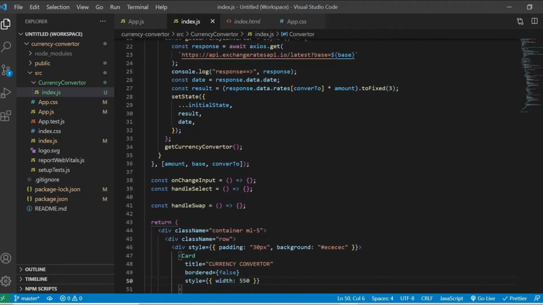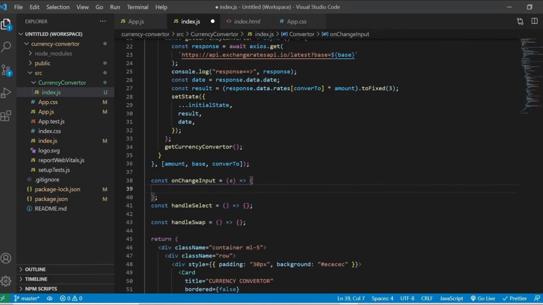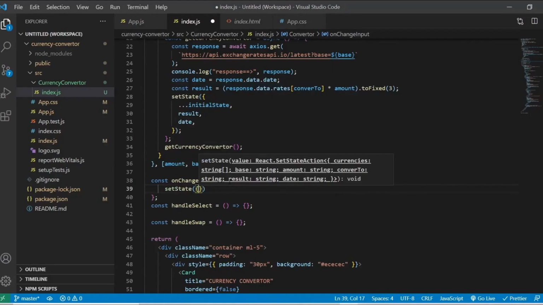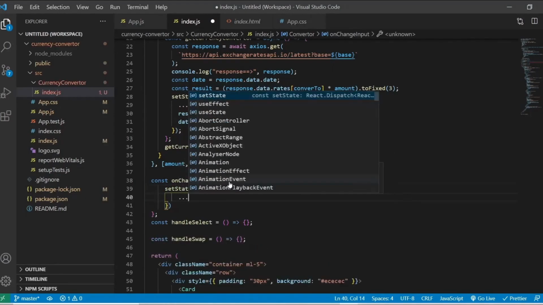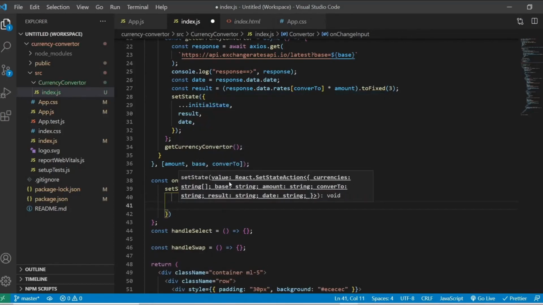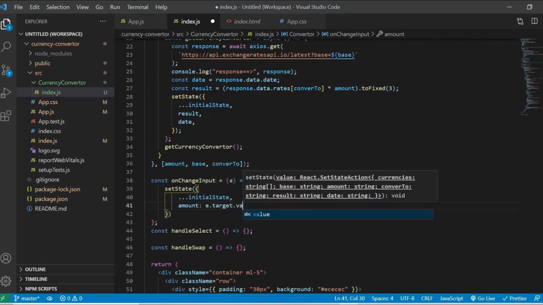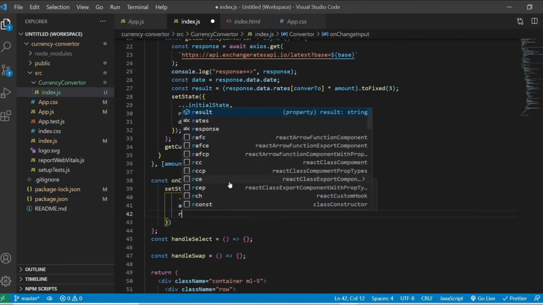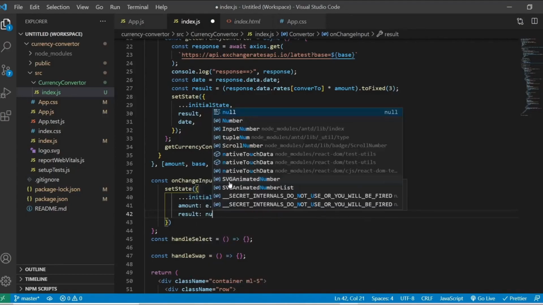So now we need to start working on all these handler methods: onChangeInput, handleSelect, handleSwap. onChangeInput will receive an event here. So setState, and I'm going to spread the initial state, and I'll be using here amount: e.target.value, and result.